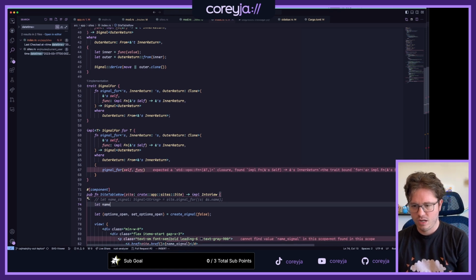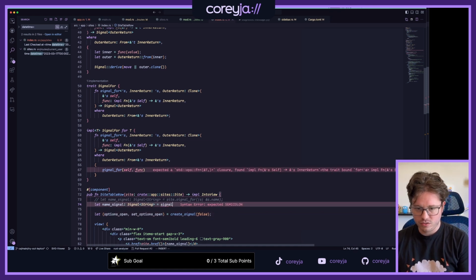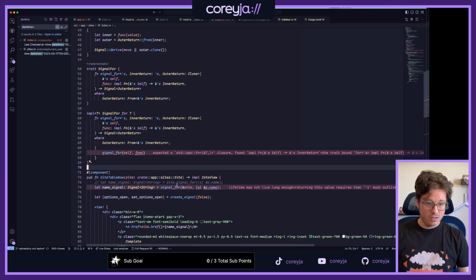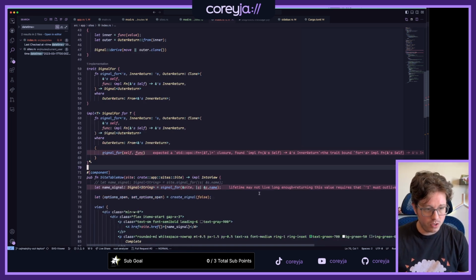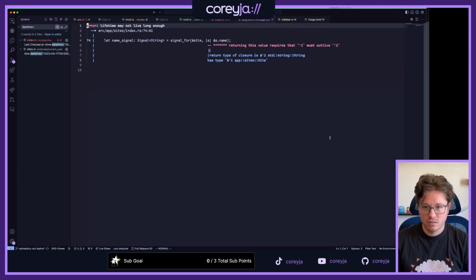Let name signal equal, oh yeah, let's make it a signal of a string. Is signal for that. Okay, lifetime doesn't live long enough. Lifetime may not live long enough. Returning this value requires 1 outlives 2. The return type of closure is 2, reference 2 to a string. S has type 1.